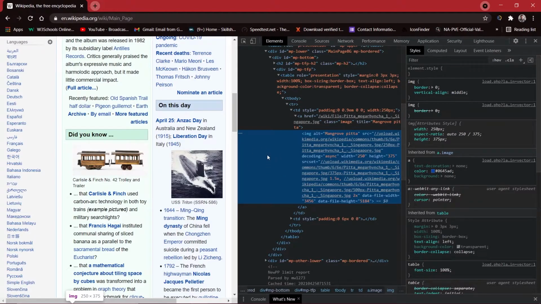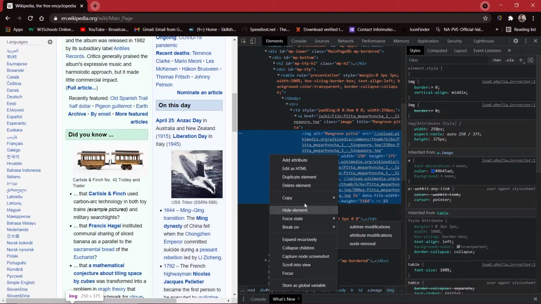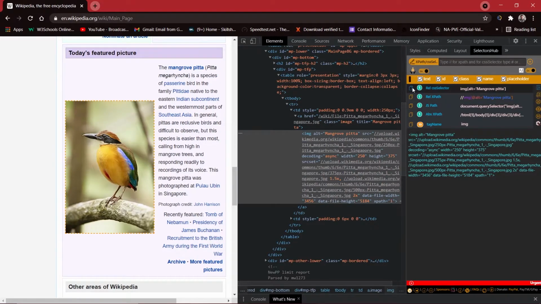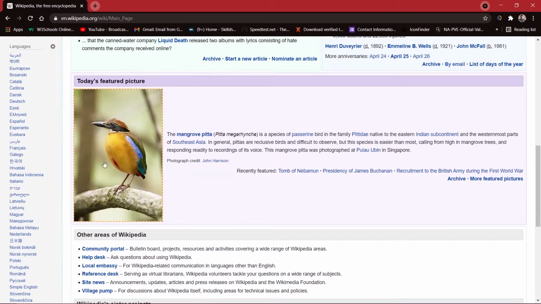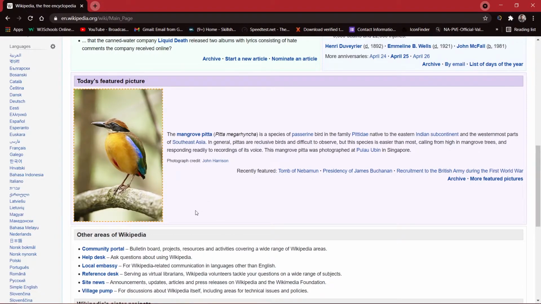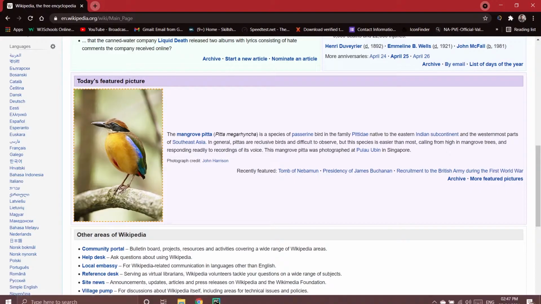So this is the highlighted text. You can directly right click onto this, go to copy and then copy XPath, or you can go to SelectorsHub or ChroPath and directly copy the relative XPath for it. The third and easiest way is to right click onto it, and if you have SelectorsHub installed, you can directly copy the relative XPath from the SelectorsHub option on your right click. So I'll copy this relative XPath for this image.